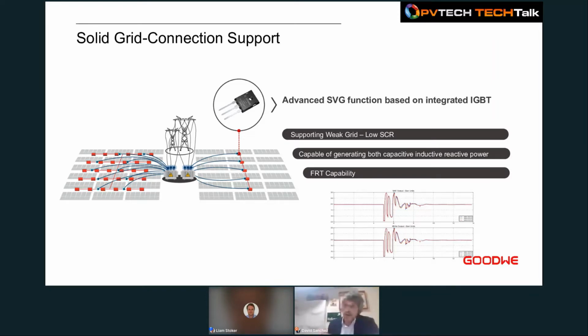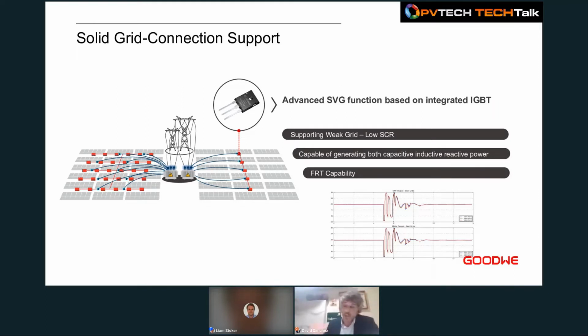So when selecting an inverter manufacturer, it's very important to understand if they have the proper capabilities to actually cope with the grid code requirements, as to fault ride through, as to reactive generation, as to supporting a very low short circuit ratio that we find more and more, because the massive penetration of renewables is actually bringing down the short circuit ratio, right? So when it comes to selecting the proper inverter brand, it's very important to understand all the grid support capabilities that the inverter needs to bring, because again,